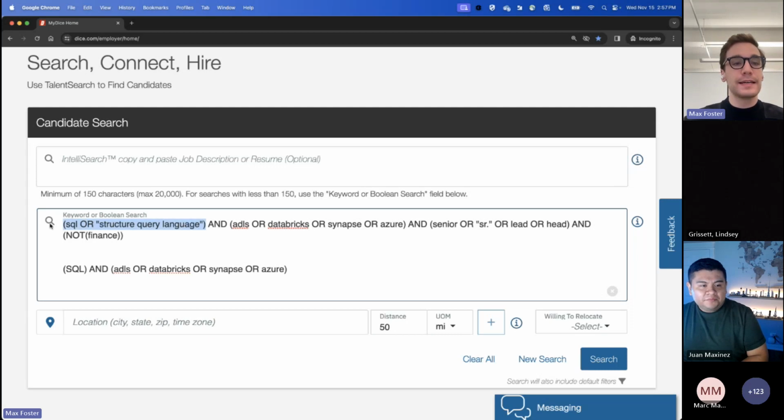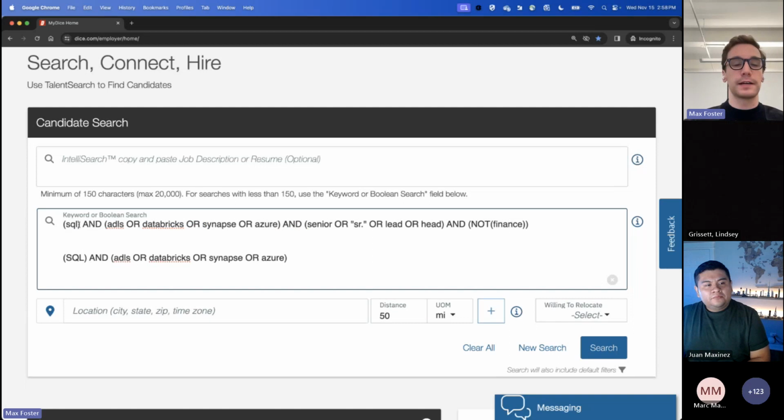To have it with the OR function in the middle, you need the parentheses on the outside. So I always encourage you, Dharmendra, I hope I'm saying your name correctly, to use the parentheses, because you should be ripping your Booleans apart left and right every time you search. Got it, thank you. Great question.